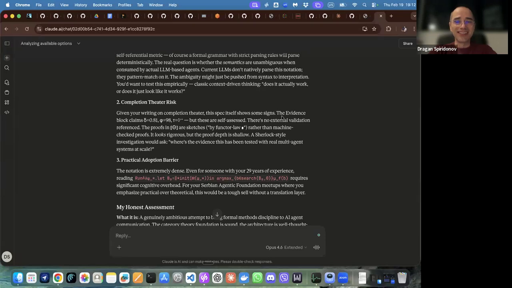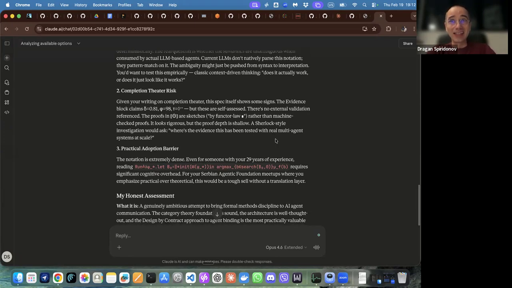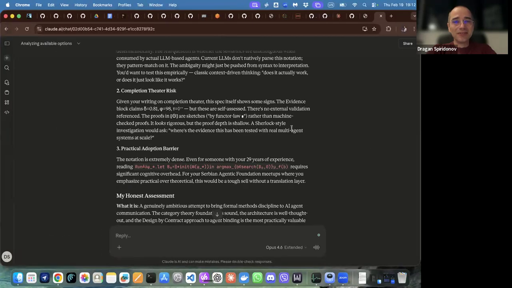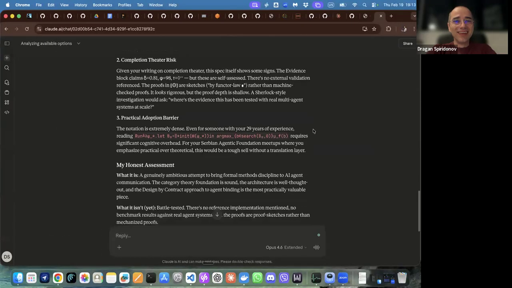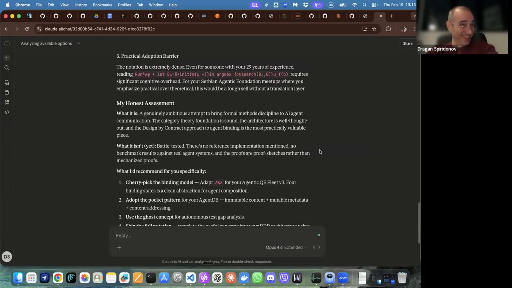Specs itself shows some signs. Because I'm writing a lot about, that's let's say my term that I am speaking about at conferences, completion theater. That's the behavior of agents when they're confidently reporting that they are done when they're not. They're trying to successfully finish the task. This morning, Claude Code told me, now I found what was the problem. 4 times, maybe 5 times. To go to the result.